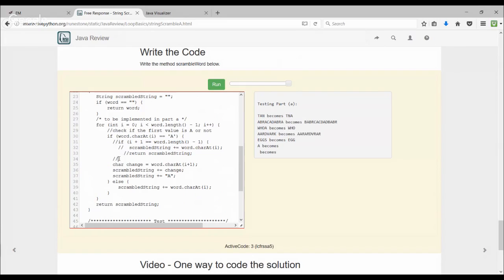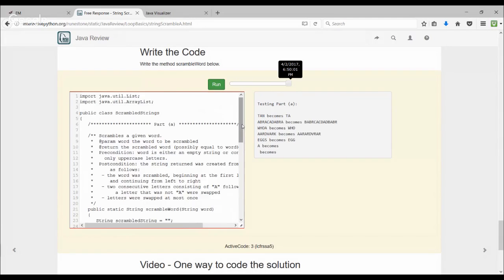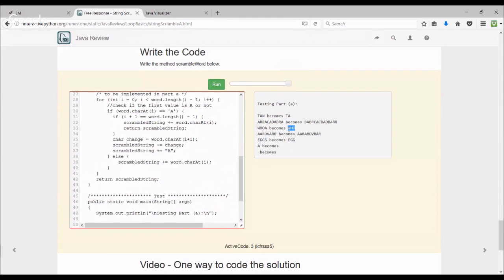And then let's see what I didn't quite remember what we were getting with that. I think we were having the same issue actually. So if we go back to that, let's check the who one. So we still have the same problem actually. And I think the reason why that happens is, when we get to that last A, we're going to check the char at I, and it's going to be A, right? And then we're going to check if I plus 1 is equal to word.length minus 1, which it is, then